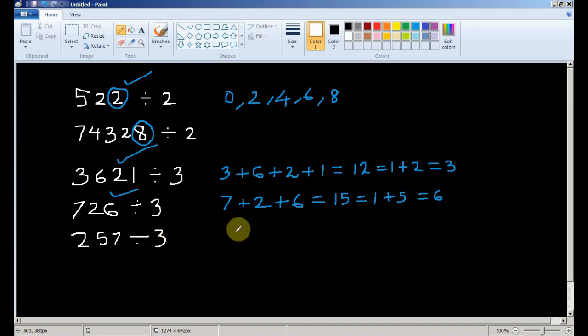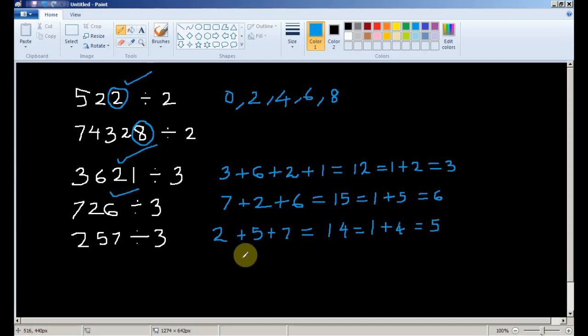Let me add all the digits. 2 plus 5 plus 7 equals, 2 plus 5 is 7, and 7 plus 7 is 14, and 1 plus 4 gives me 5.